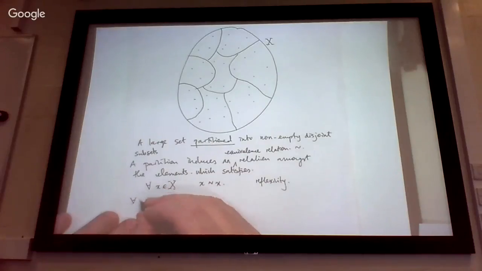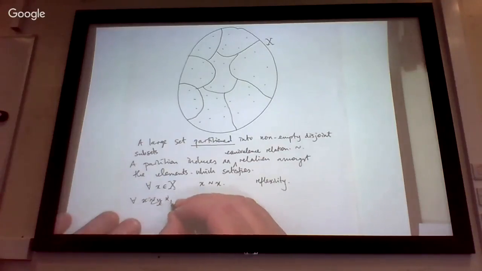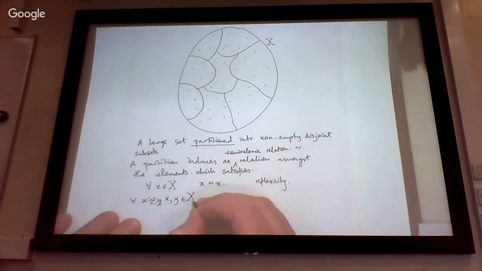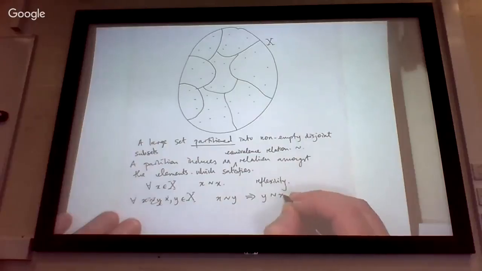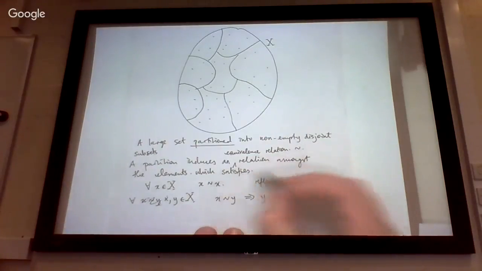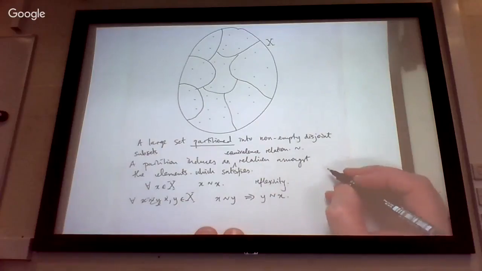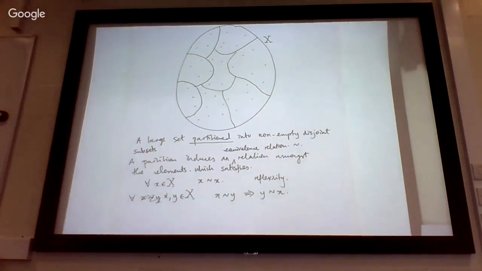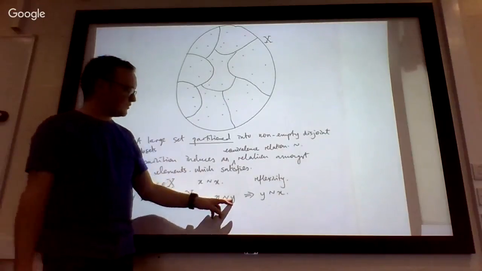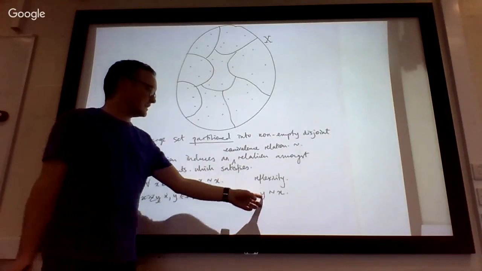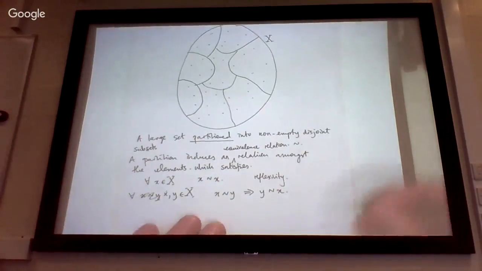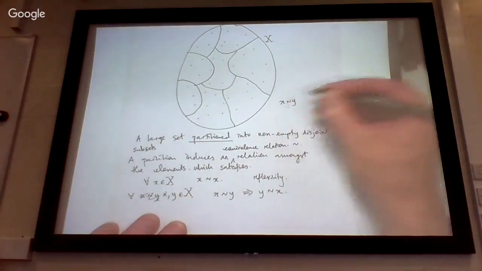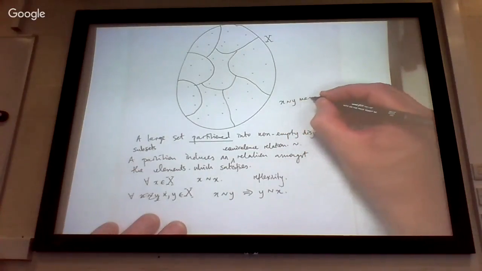The second property is symmetry. For all pairs of elements x and y in the original big set, if x is related to y, that implies that y is related to x. Remember, we're talking about the relation induced by the partition, the relationship of being in the same subset. So if x is in the same subset as y, obviously that's the same as saying y is in the same subset as x. So this relation x tilde y, x is equivalent to y, means